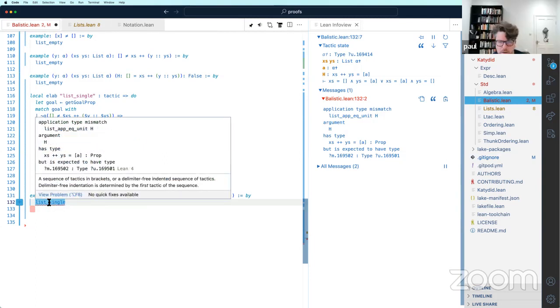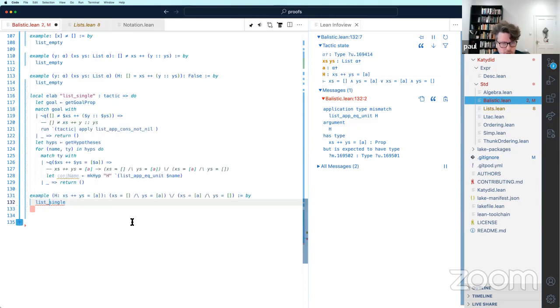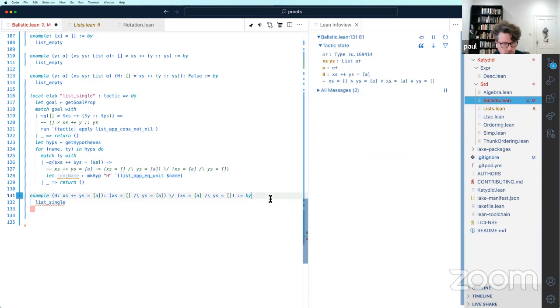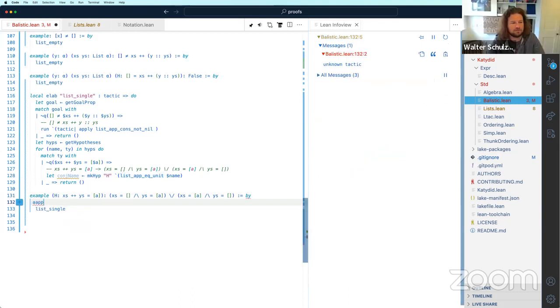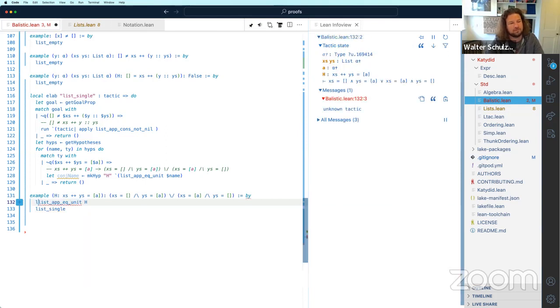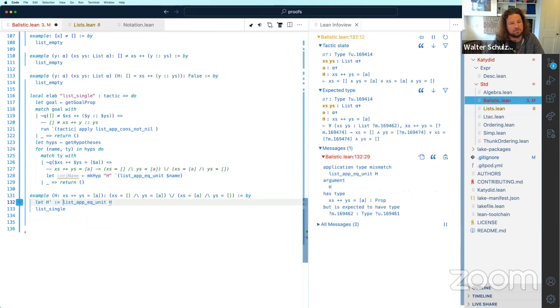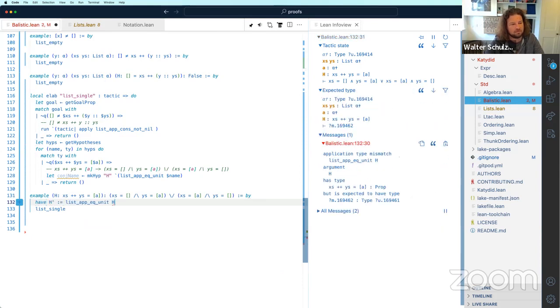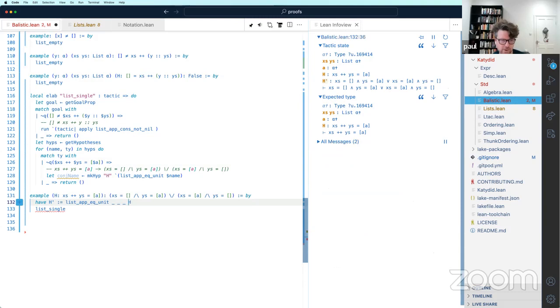Oh, app eq units application type mismatched. Oh, we need to give it an underscore or something? Yeah, probably. Let's see. Apply. Oh, no, just. Yes, here we go. Nope. Some more underscores. Yes, three underscores.